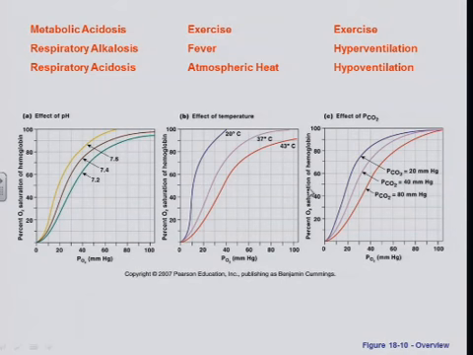Also, we mentioned P50. P50 is the partial pressure at which the hemoglobin's 50% saturated. So if we look at the normal curve on this one here, P50 would be 50% saturated. You come across to whatever curve we're referring to, and then you come down and look at the partial pressure. So in this case, the partial pressure would be about 28. So that'd be the P50 of this curve. Make sure you know what the P50 means. If we increase the P50, that means we decrease the affinity of oxygen for hemoglobin, and we shift the curve to the right. Make sure you know that.